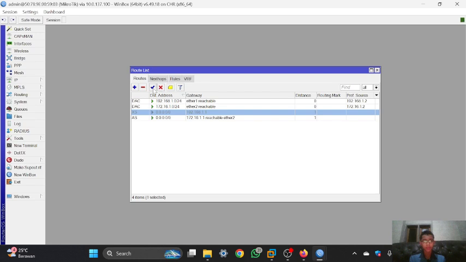If I try to disable or enable, as you can see, it is automatically being changed, but it is not efficient. So you can use the distance configuration.